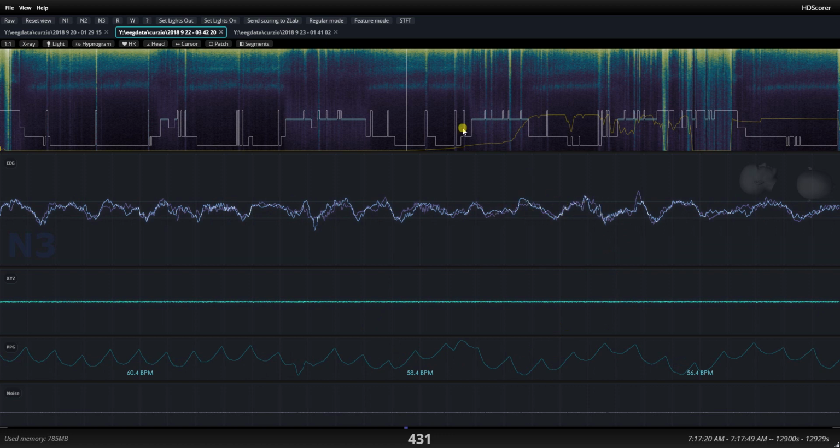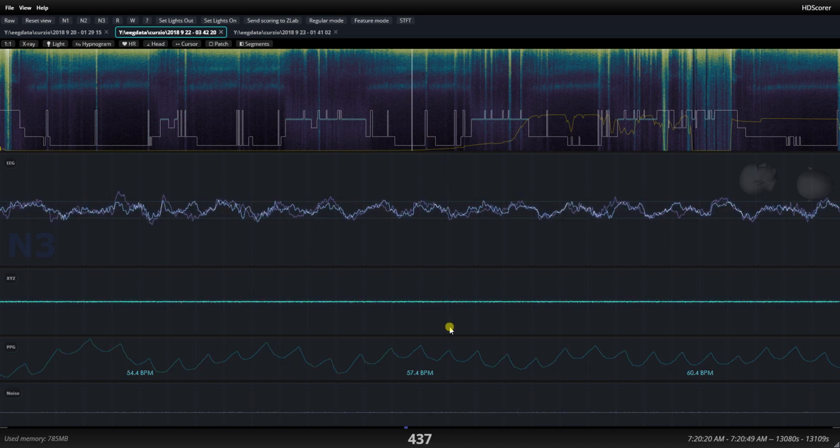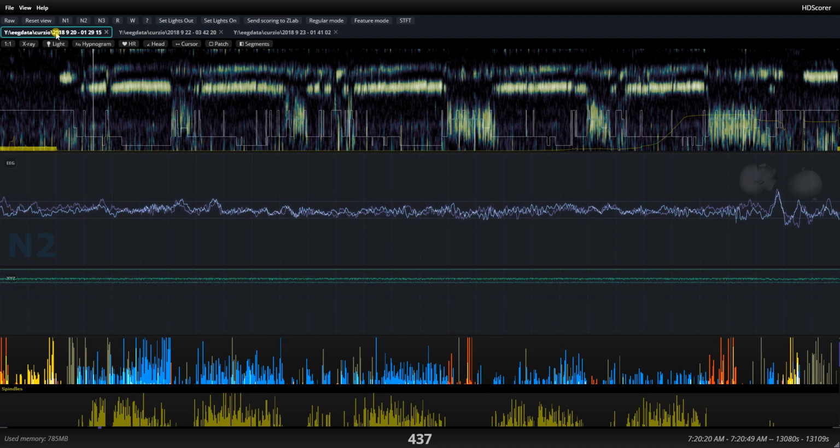So this is something that looked to me as if it was some kind of heart rate interference, and it turned out to be not that. So that's fine, that I'm able to verify the same thing both from the PPG and looking at the spectrogram. Okay, I think I've said enough about the